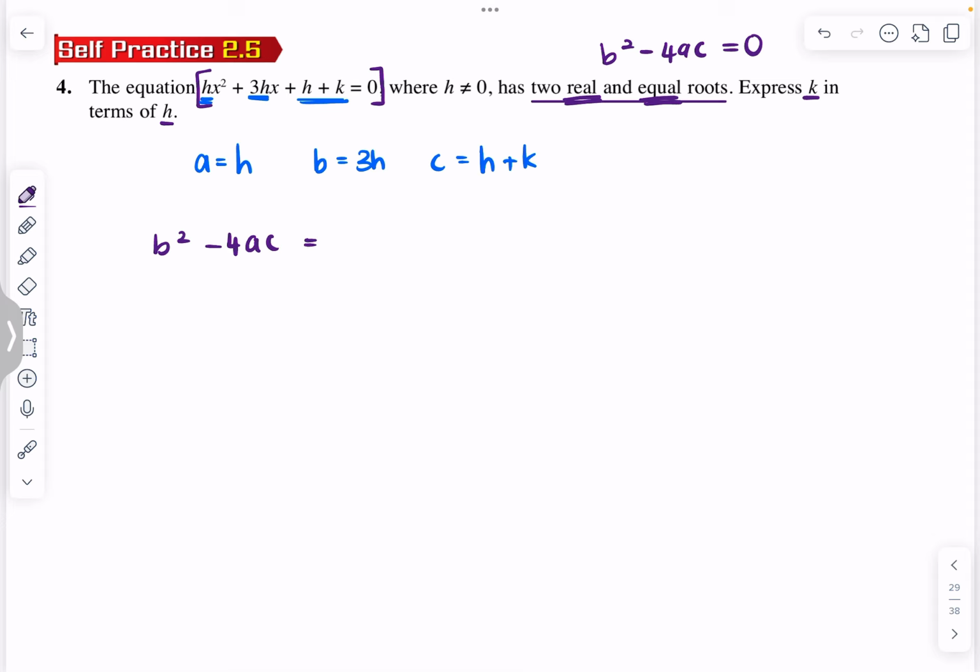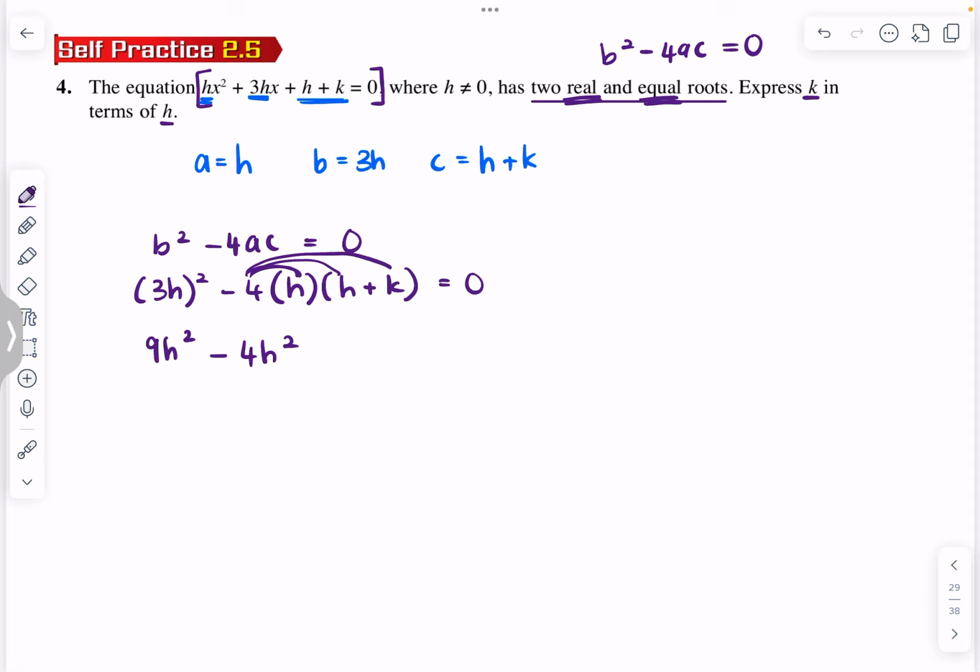Discriminant is the b square minus 4ac lah. So b is 3h square, minus 4ac. 3h square is 9h square. Negative 4h times h is negative 4h square. Negative 4h times k is negative 4hk. Then 9h square minus 4h square is 5h square